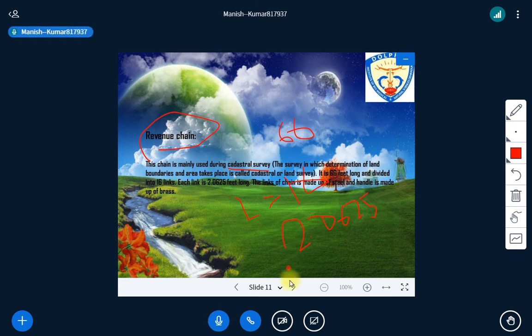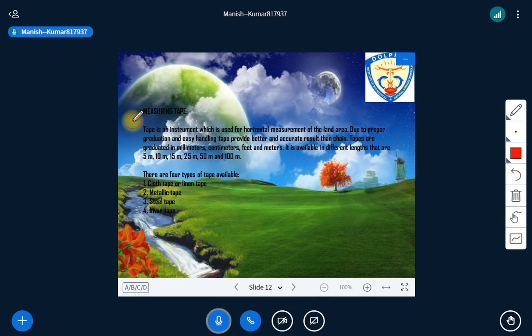Right. So this is all about the chain. Then we have the measuring tape. I think the measuring tape was already explained in the first mensuration part also. Fine. So the measuring tape is almost the same kind of tape. You know that it is made of cloth or linen tape, which has been totally interwoven with steel wire. So you'll get this kind of tape there, and you have also seen different kinds of tape, 5 meter length, 10 meter length, 15 meter.